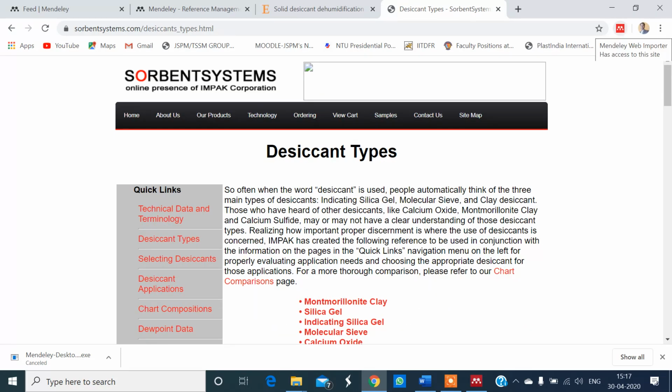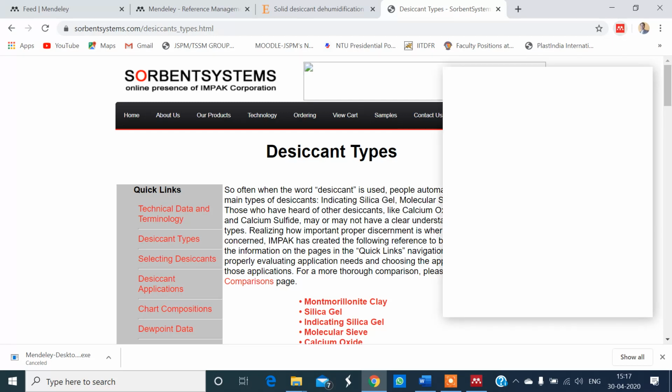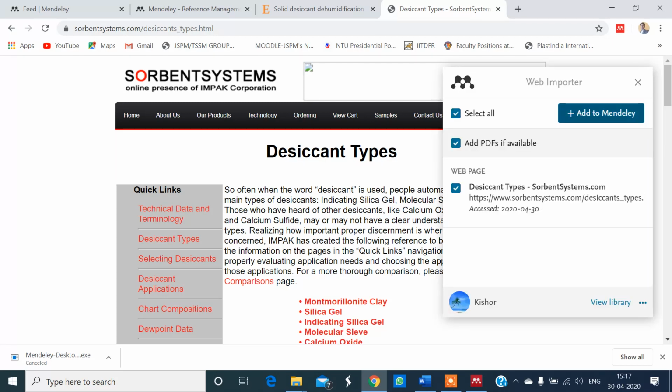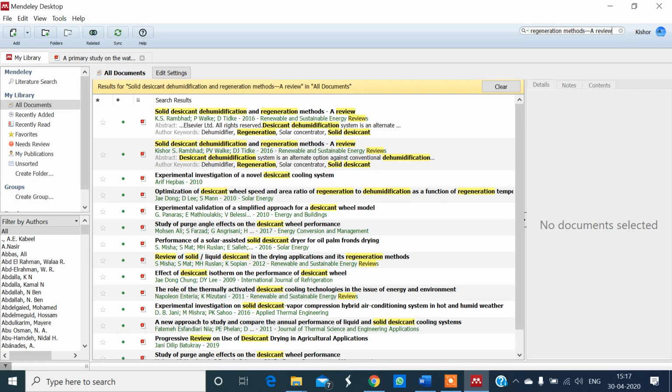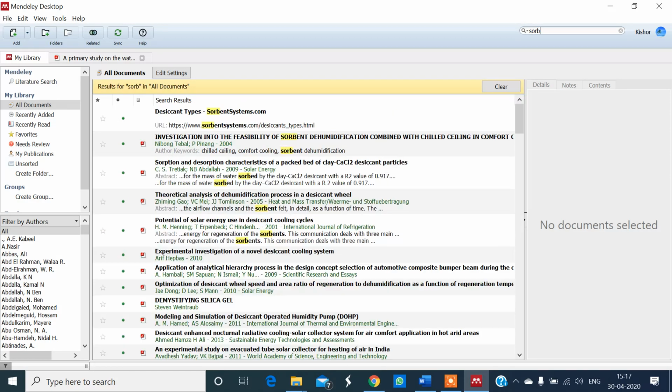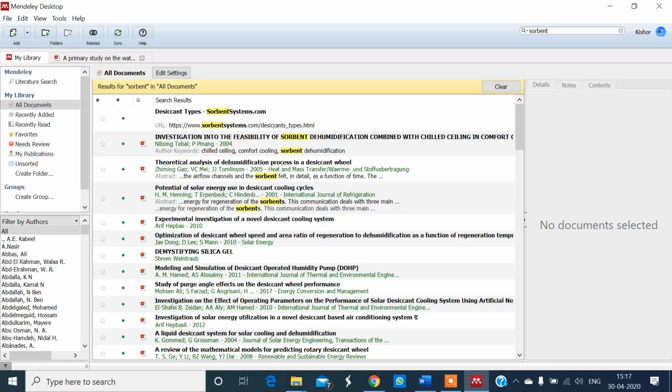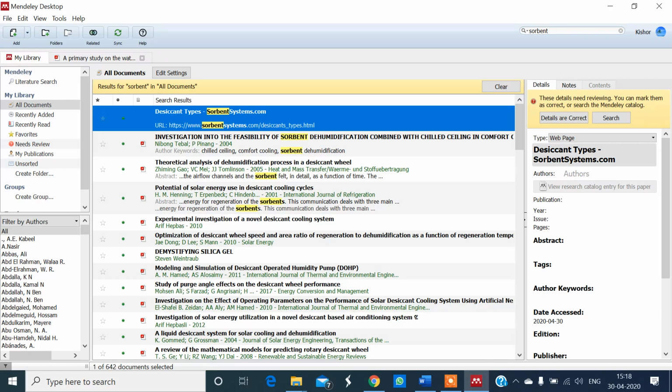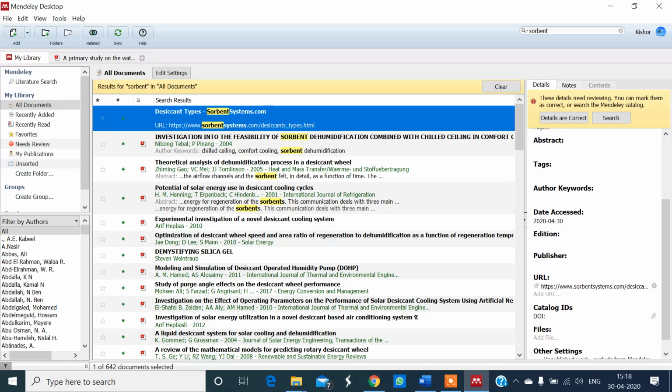Now click on the Mendeley desktop add-on, then add to Mendeley. Just go to the Mendeley and check whether this has been added or not. Search in the search toolbar. Sorbent, okay, this has been added. Sorbentsystems.com, you can see this has been added. You can see the website,